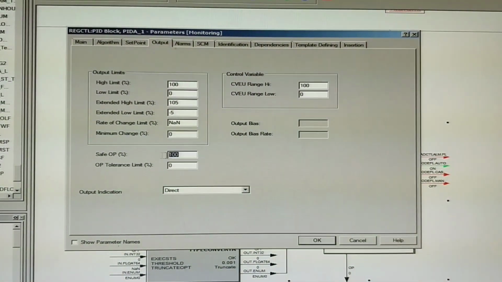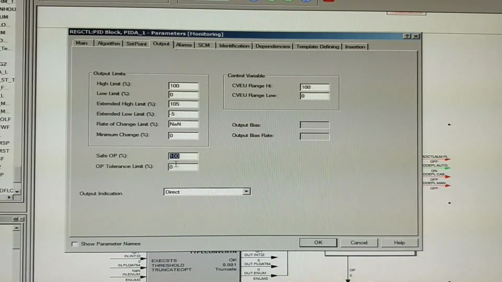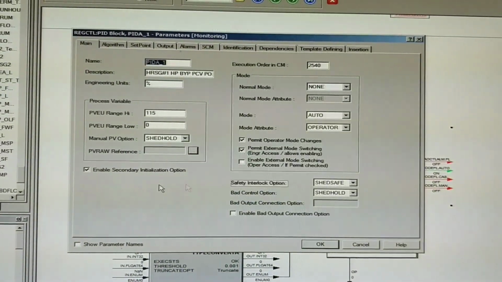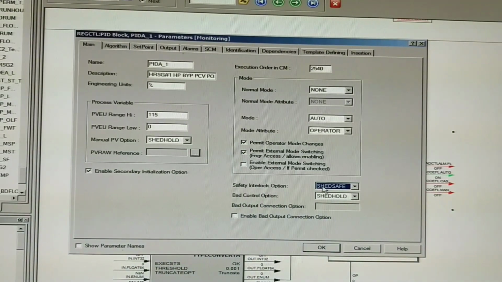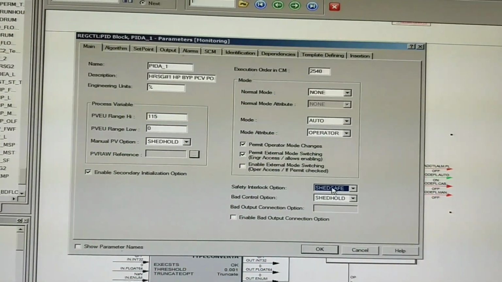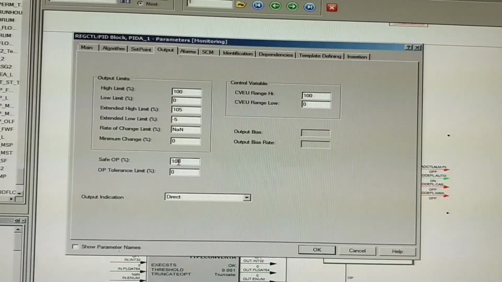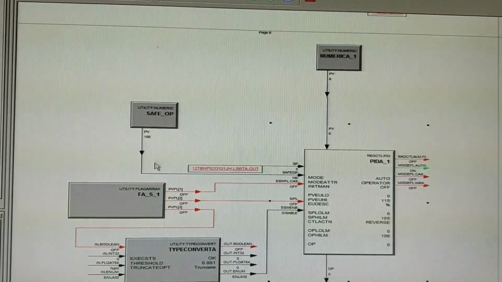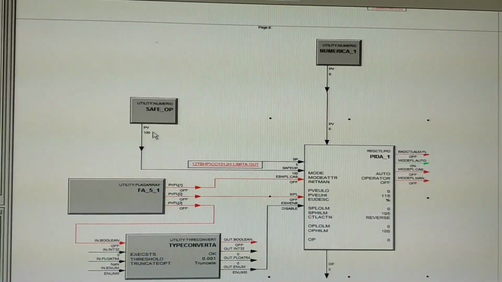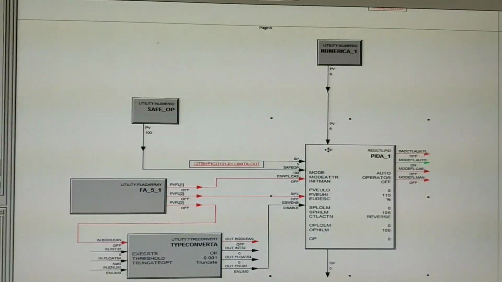This is the safe output 100%. Whenever this safety interlock option is acted, at that time it will shade the output to the 100%. Since we are giving the safe output from external, it is giving the output from here.